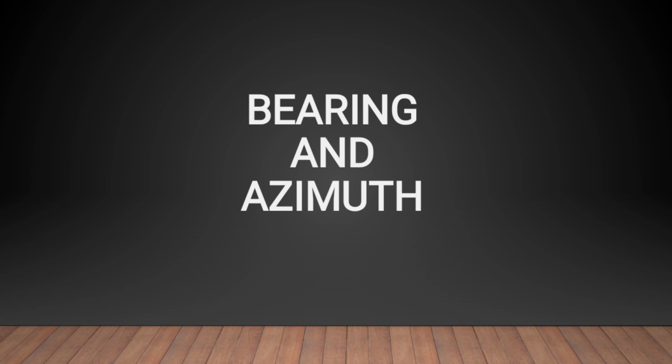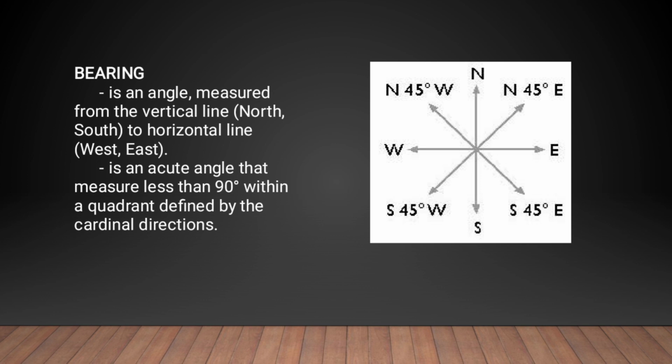So for today's video, we're gonna discuss bearing and azimuth. So what is bearing? Bearing is an angle measured from the vertical line north and south to the horizontal line west to east. It is an acute angle that measures less than 90 degrees within a quadrant defined by the cardinal directions. So kung makita nato sa graph, muna to ang graph which is north to east,